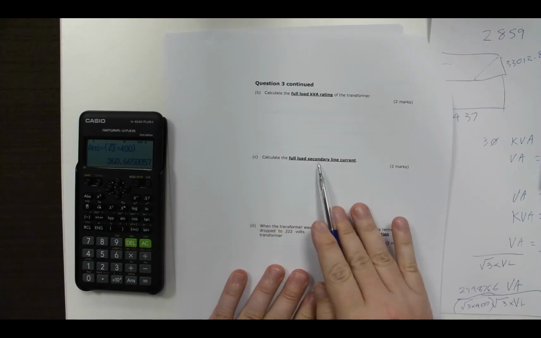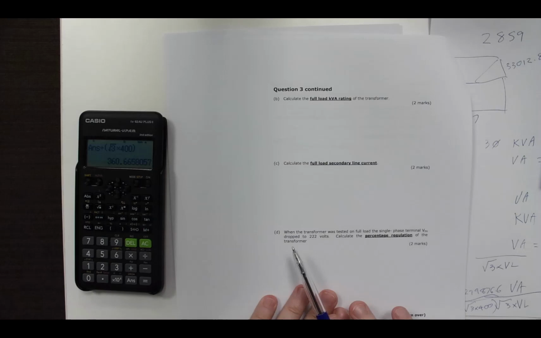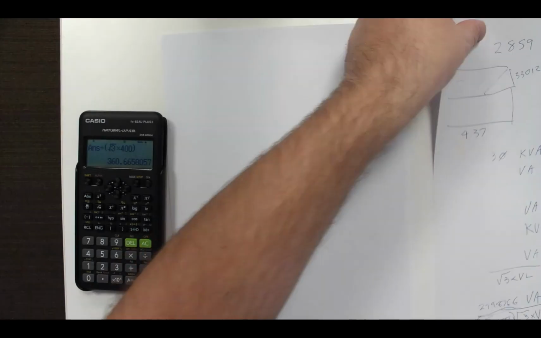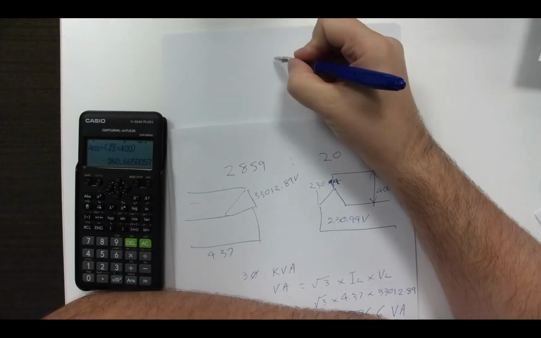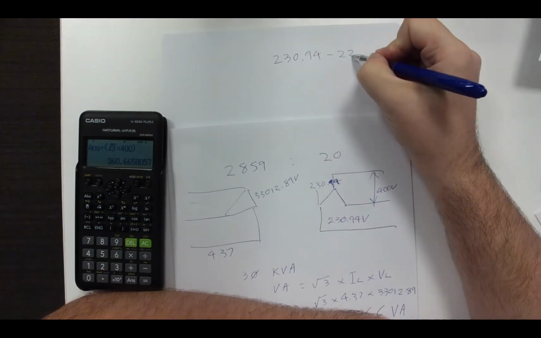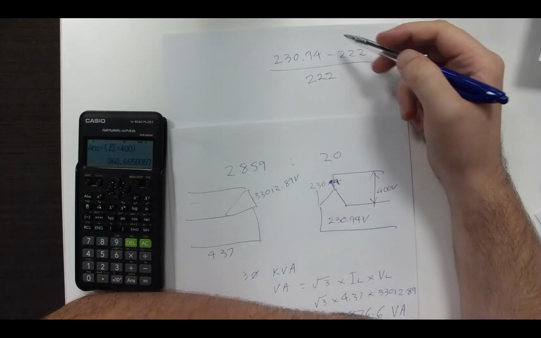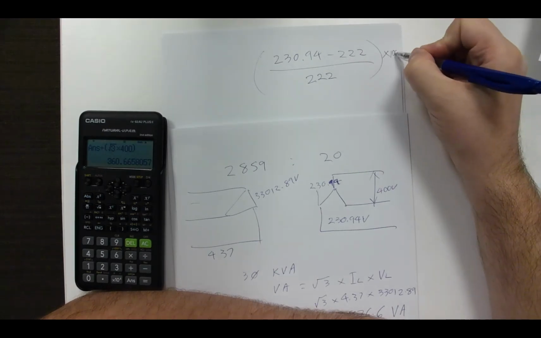So we've got that, calculate the secondary line current, which was our 360.67 amps. And now, at full load, the voltage dropped to 222 volts. Calculate the percentage regulation of the transformer. So going back to our original page, we can see our starting voltage is 230.94 minus our 222, over 222, filling in our values, and that then all gets multiplied by 100